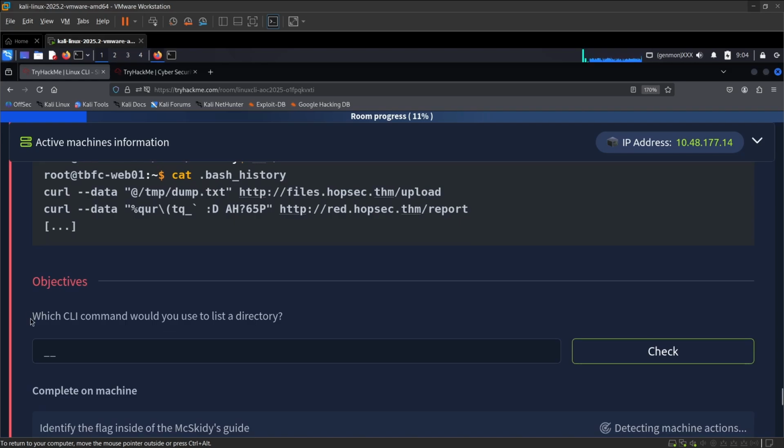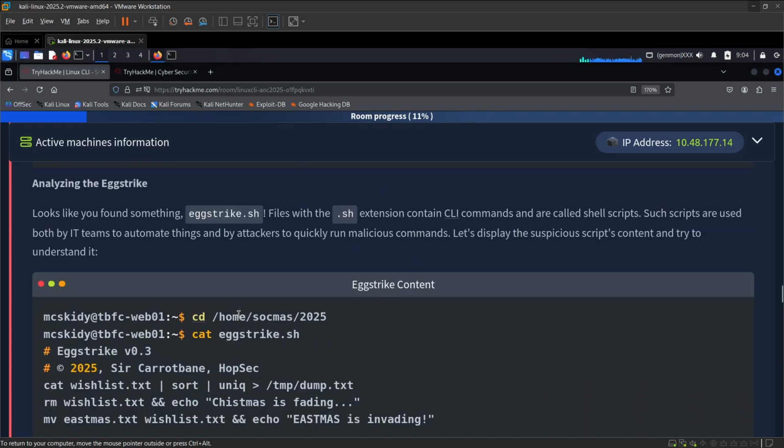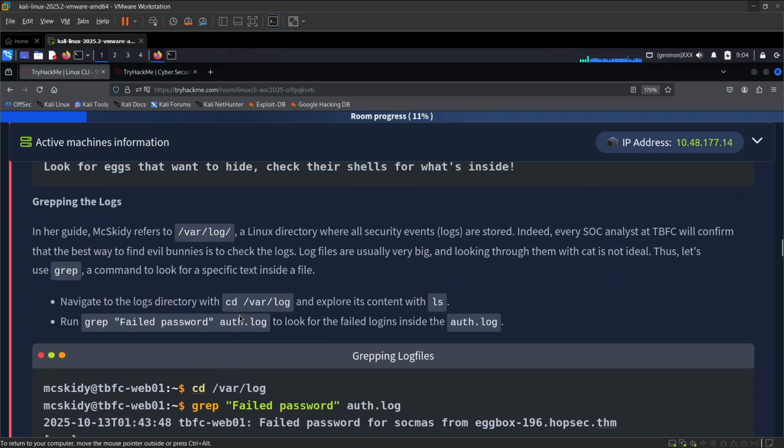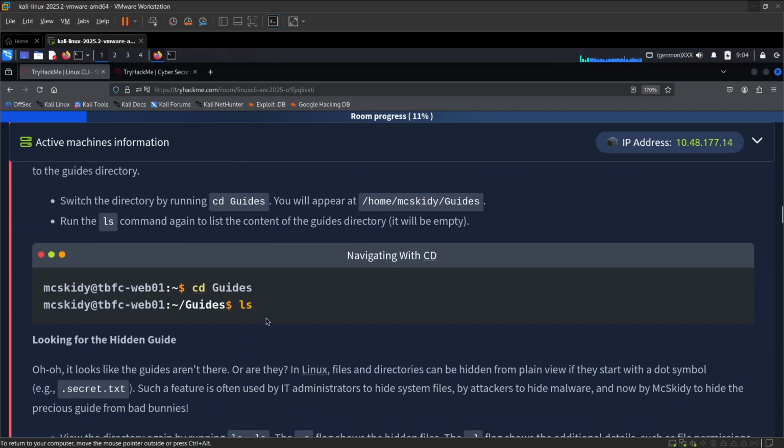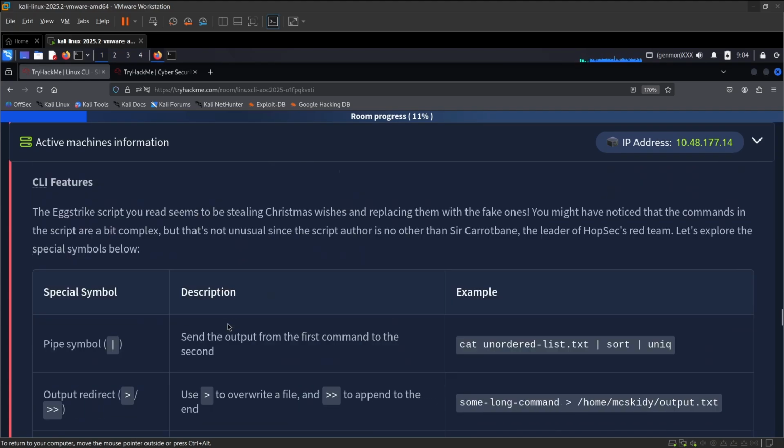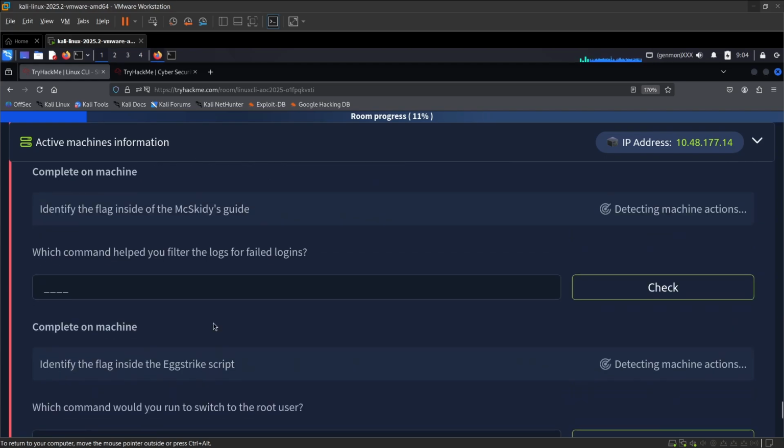So moving to the questions: which CLI command would you use to list a directory? You do have commands like ls, cd, etc. To list the contents, you have the command called ls. So we will use ls to list the contents of the guides in the directory. We can just enter the ls command here,